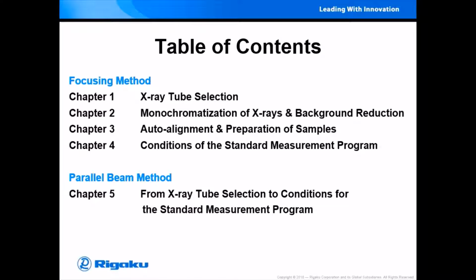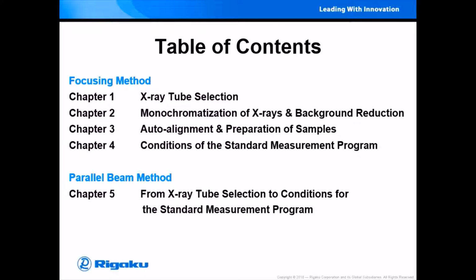the parallel beam method. Measurement conditions are very important factors to get high-quality data, which in turn leads to precise and accurate results of analyses. Even though an instrument has been correctly aligned, if a sample is measured under improper measurement conditions, the data quality will be very low, which leads to inaccurate analysis results. Therefore, you have to employ appropriate measurement conditions for a sample depending on the purpose to get high-quality data and